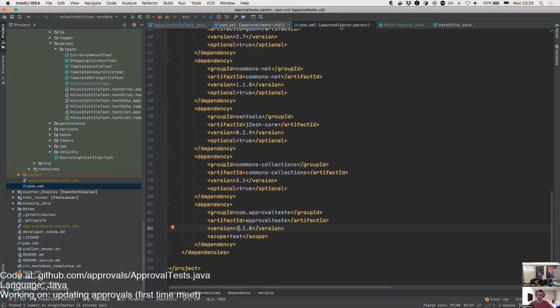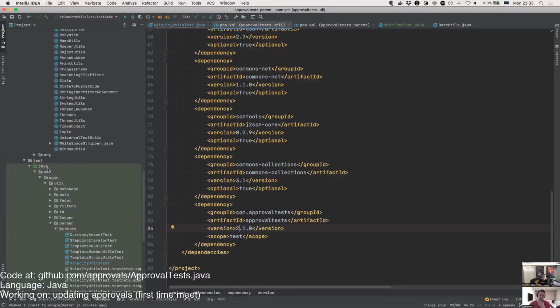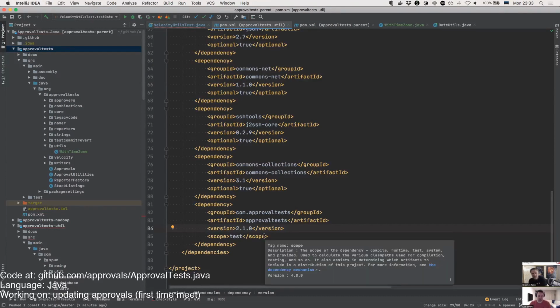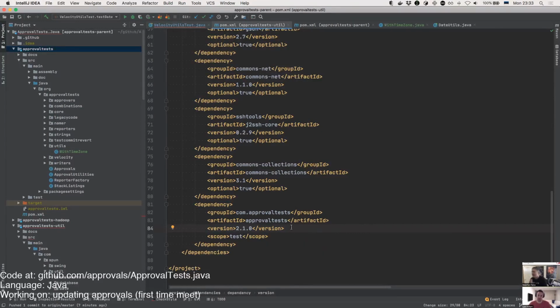And this has to do with the fact that the tests in this project use approval tests. Yeah. Okay, so, but I really don't understand. Obviously, all other modules depend on this, so it should be there. No, it's because we just added it, so it's not in approval tests 2.1. And in fact, we're not even in approval test 2.1, right?